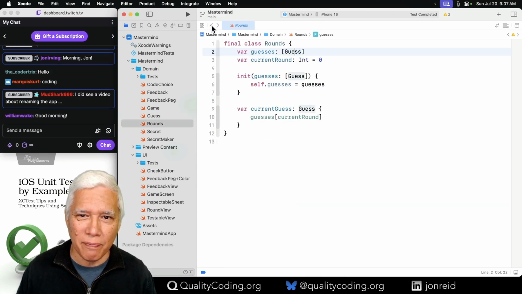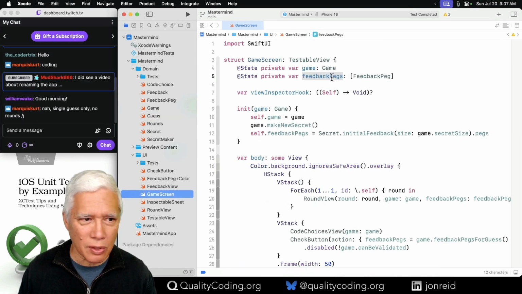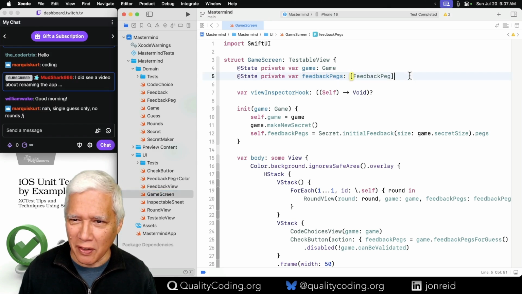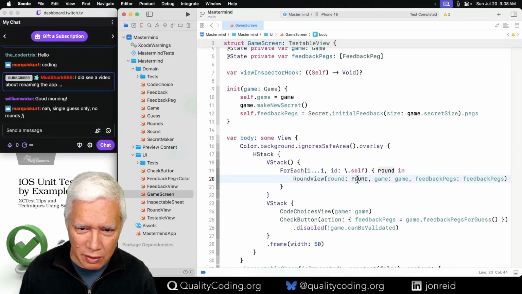Go back to the game screen, John. So you get one shot at getting this right, and if you lose Mastermind, you're dead. So the feedback pegs, we are now passing them in to the round view, but we're passing the round in for each round.